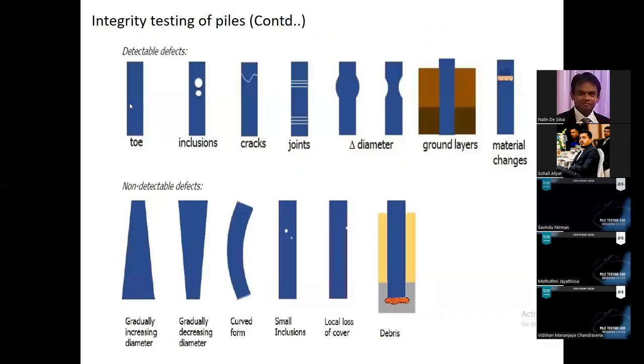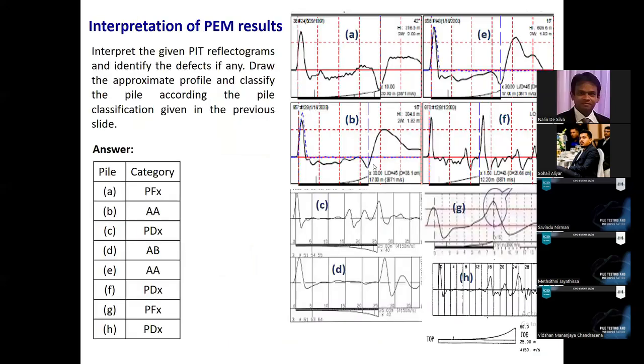So these defects can be detected through the integrity test: toe condition, any intrusions, cracks, joints, multiple defects, diameter changes, necking or bulging. Any difference in the subsurface layers can also be detected, because if I go back to the reflectograms,